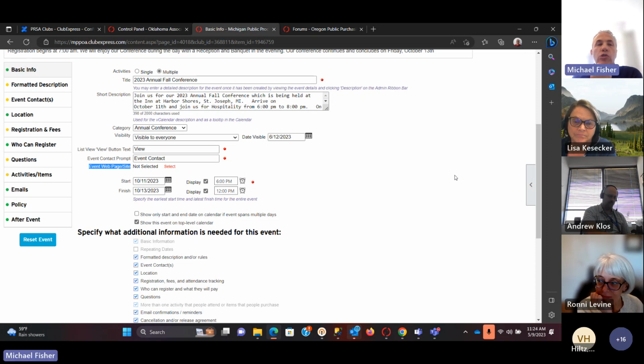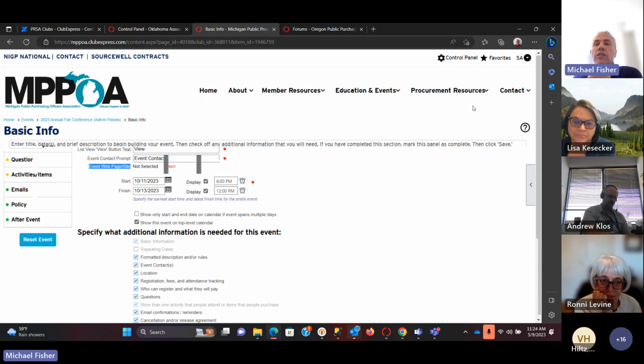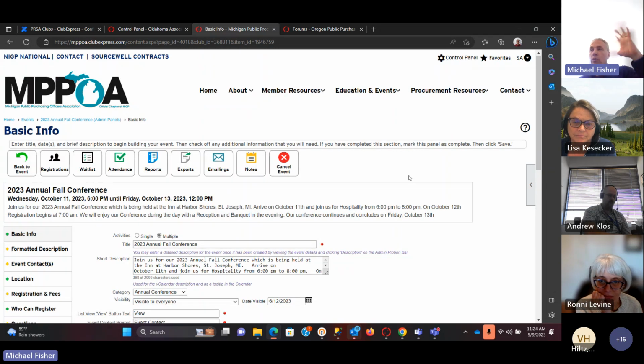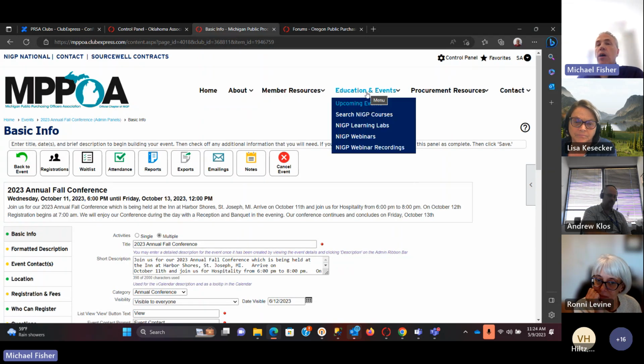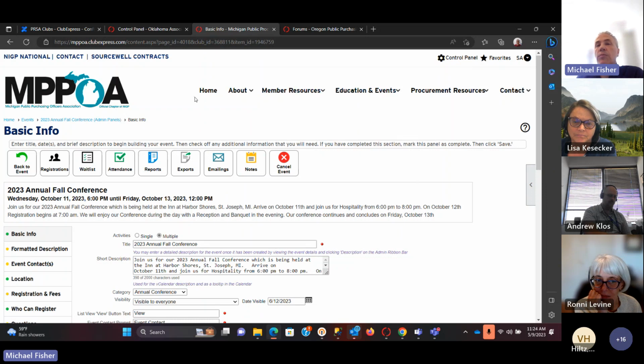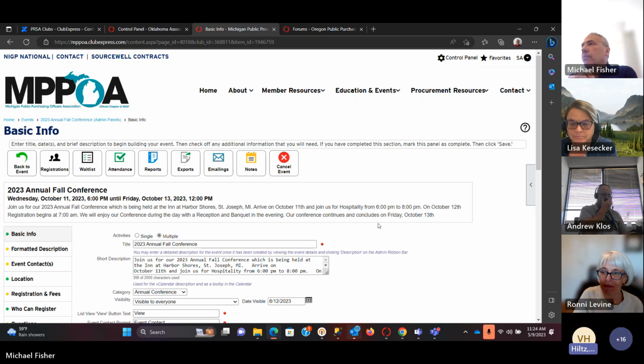What a lot of organizations will do too is they will create a custom page for the event with all the great information, link to it, build a menu item for it, says, come, 2023 annual conference, so that it'll take it to them. And then that custom page will have the button to go to the event registration. And then the event registration too will link back to the custom page so that regardless of how you got there, you can still get to the custom page. Right. And we're definitely going to want to be able to do that. Okay. All right. Thank you. Yep.